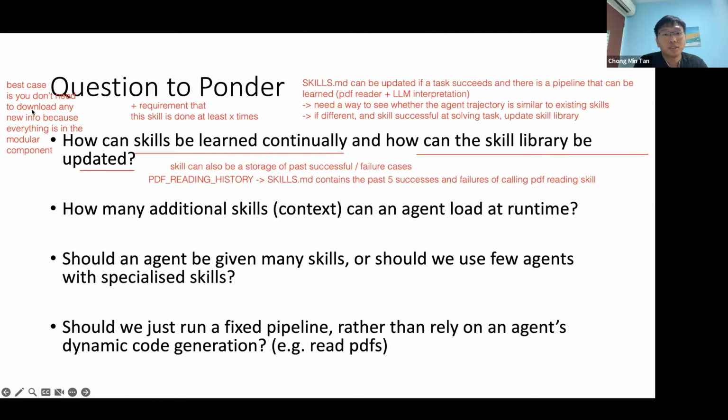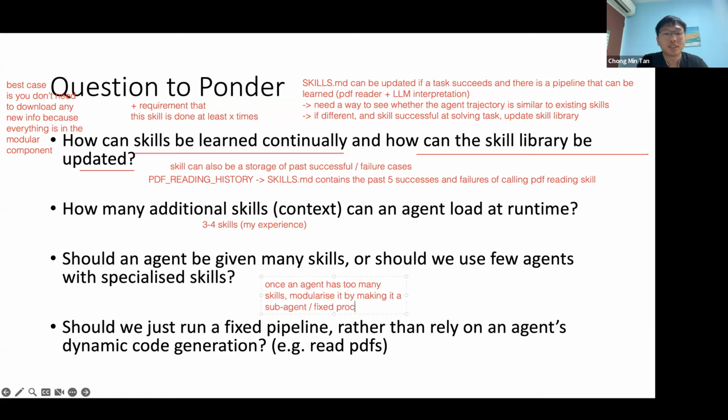Okay, so for this, we can look at the next two questions. I might as well answer them. Like, how many skills can an agent load into context at runtime? I would say 3 to 4 skills, based on my experience. You don't really want to have too many skills. So if, let's say, an agent has too many skills, maybe you can consider branching out certain parts to another agent. So once an agent has too many skills, you can modularize it by making it a sub agent, or